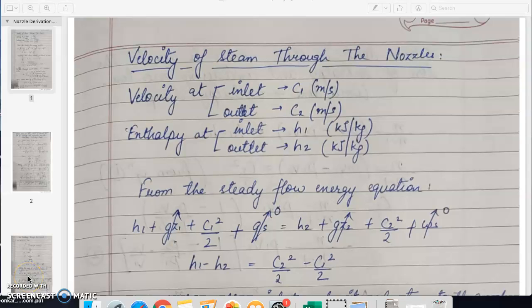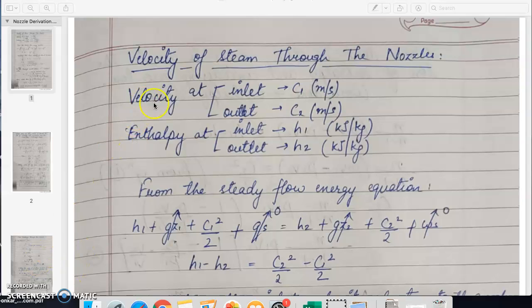Students, today we'll discuss the derivations related to the nozzles. So we have already studied the different types of nozzles, which may be convergent, divergent, and the third one is convergent divergent nozzles. So to find the velocity of steam through the nozzles, we will assume some factors first, which are